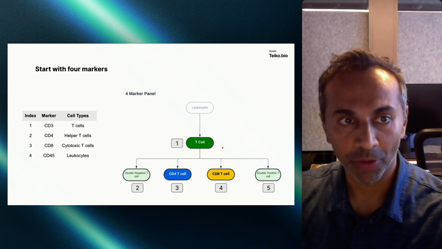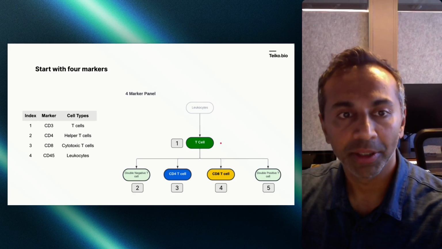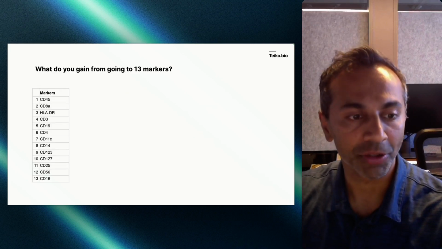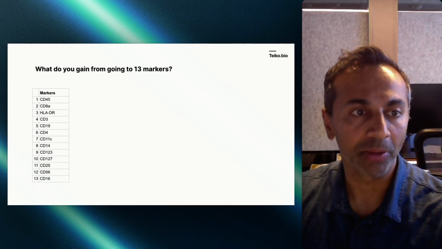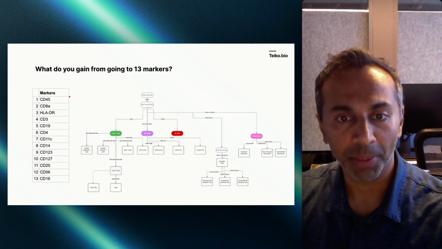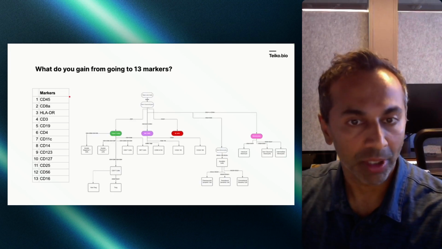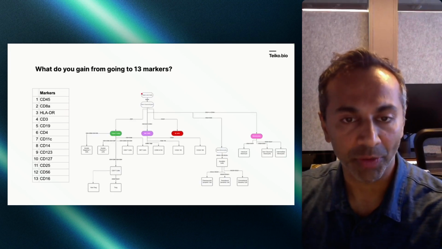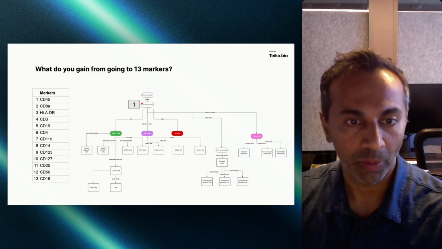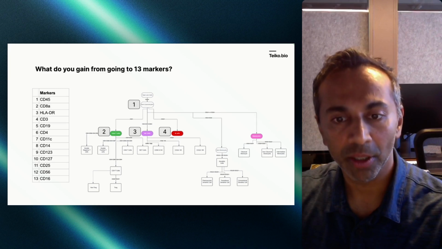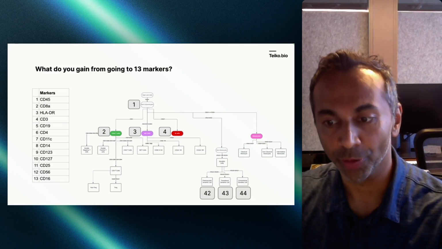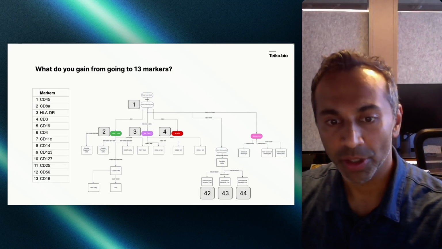Okay, with me so far? So this is a 4-marker panel. Now, let's try to bump up the resolution. What do you gain from going to 13 markers? So this is a 13-marker panel with all the markers we just saw plus additional markers. Now we get a little bit more complicated of a gating tree. So you can see again total live cells over here, and then you can see additional cell types. So let's start counting. We got 1, 2, 3, 4, on and on. I won't bore you with all the details, but we go to 42, 43, and we're at 44 individual cell subtypes